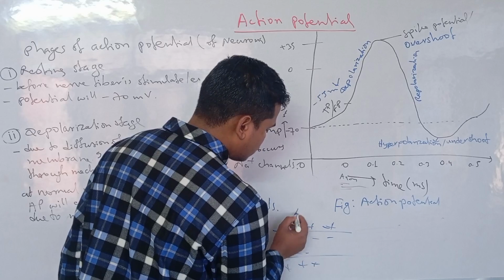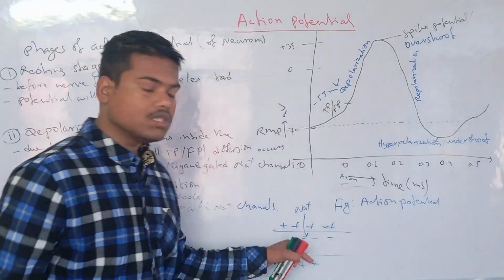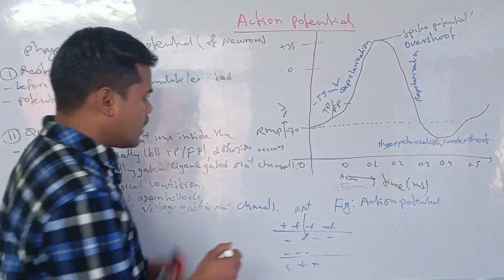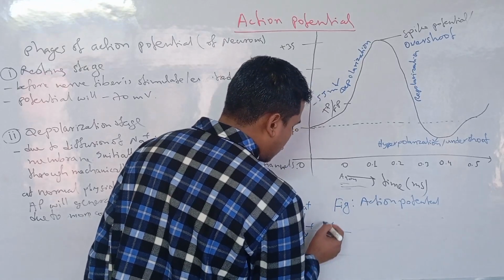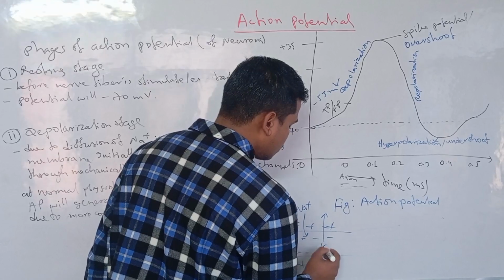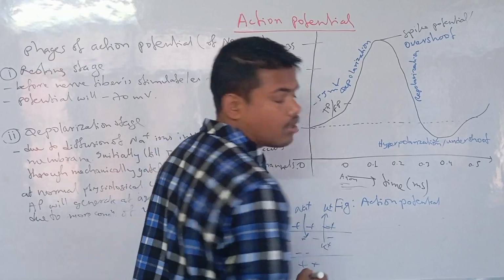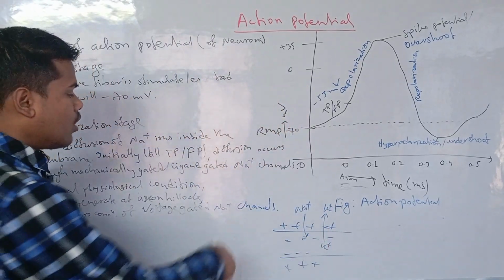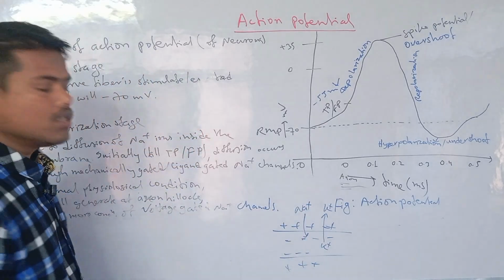These sodium ions will diffuse inside the membrane, and there is a higher concentration of potassium inside the membrane. You also know that once the stimulus causes the influx of sodium,